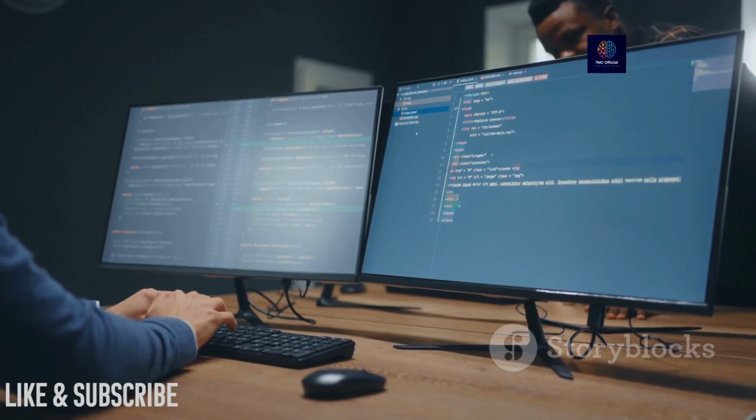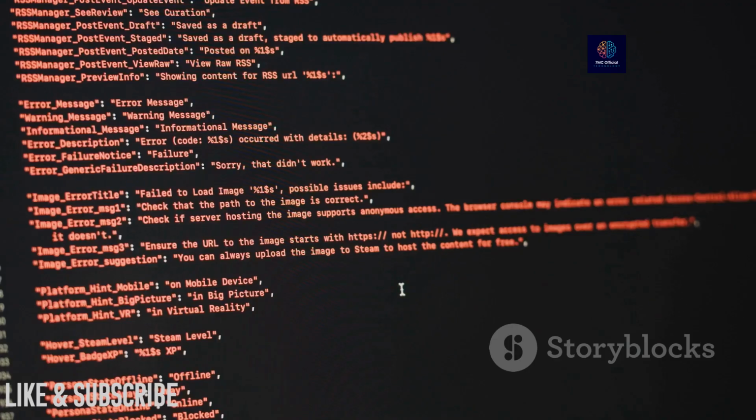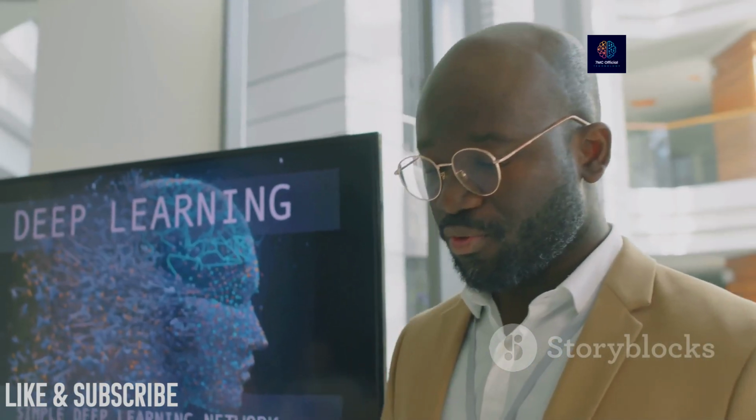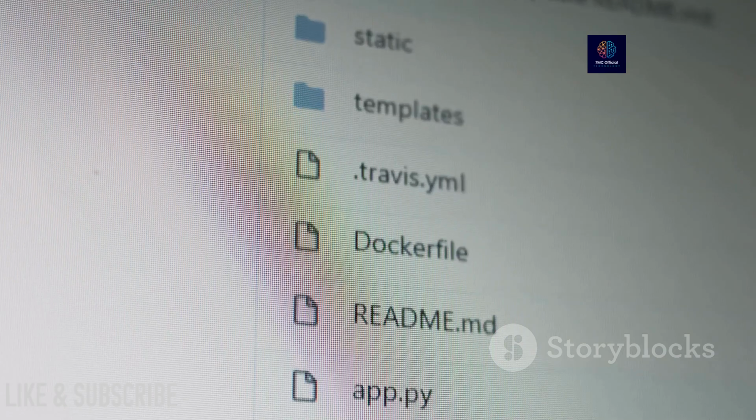Other notable libraries include Pandas for data manipulation, Flask for lightweight web development, TensorFlow, and PyTorch for machine learning. Leverage these tools